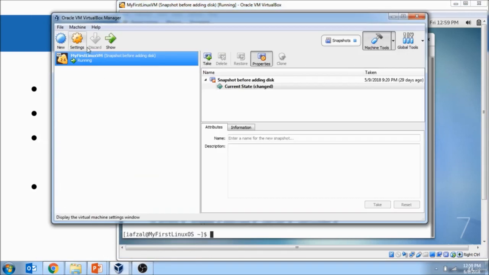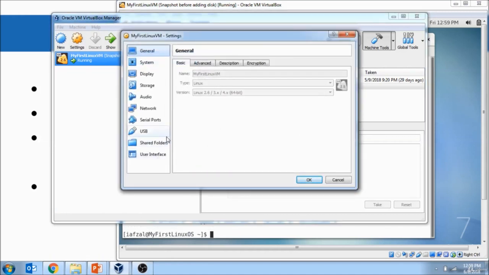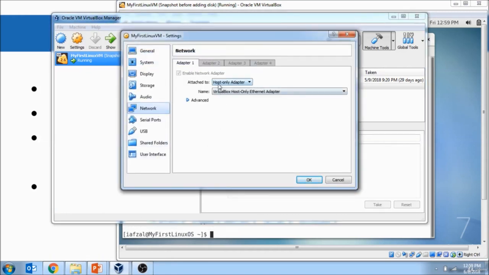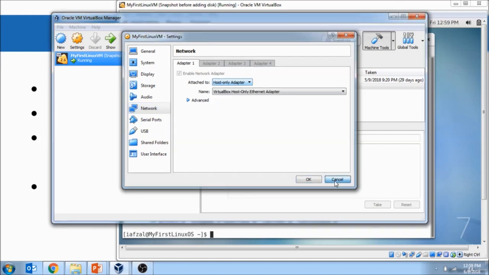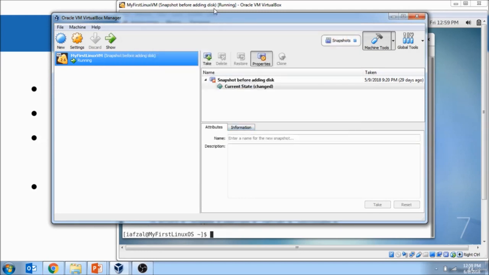This IP is usually assigned when we have Oracle VirtualBox. When you go in there and go to settings and then network, you have host-only adapter. If you change it to bridge adapter, then your IP will change as well. But anyway,